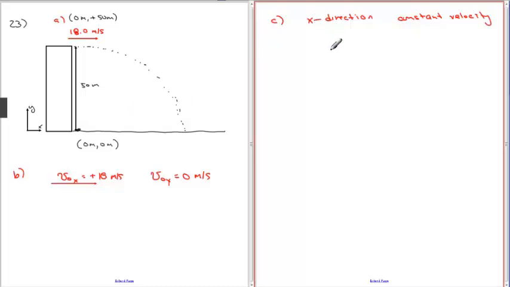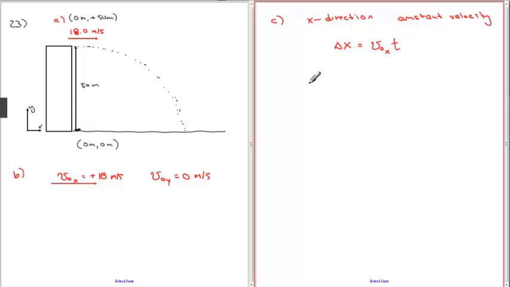So we only have one equation, which says delta x, the change in the x position, is equal to the velocity in the x direction, which is the initial velocity in the x direction, times the time. So that's the equation